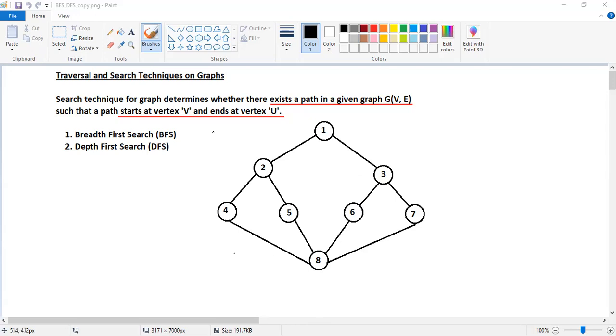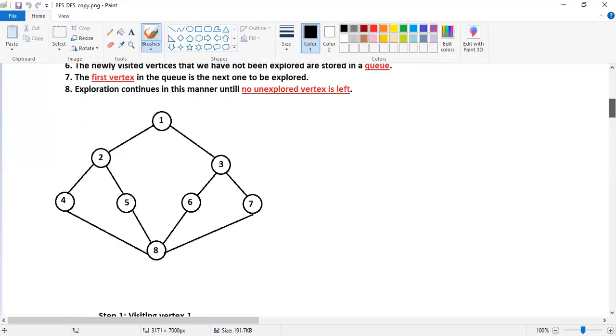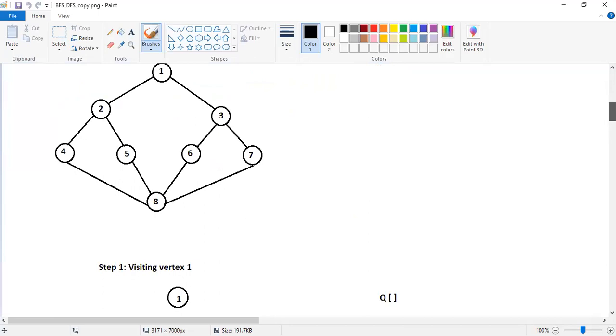Online students, can you answer this question? In the breadth first search, we make use of a queue data structure to insert and remove the elements or the vertices. So which particular vertices do we maintain in the queue? Is it unexplored vertices or is it the explored vertices? Unexplored. Unexplored vertices. Okay. Now, are there any doubts related to the breadth first search that we have gone through in our previous class?